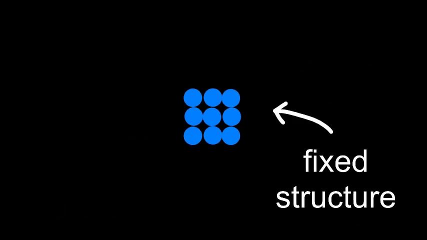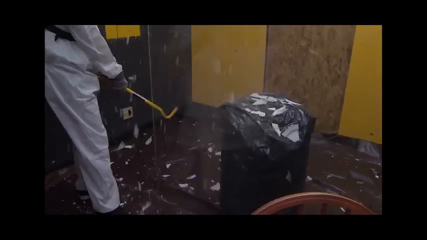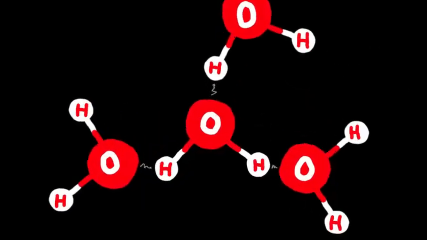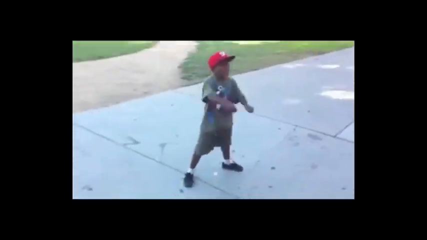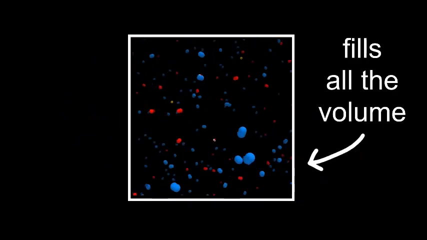Solids are tightly packed in fixed structures, where the particles can only wiggle. Unless you smash them. In liquids, the particles can move freely but are still confined to a fixed volume, as the forces between them are still strong enough to keep them together, and the particles in gases have enough energy to just do whatever they want and fill up all the volume you give them. Knowing this, we can find two important words.